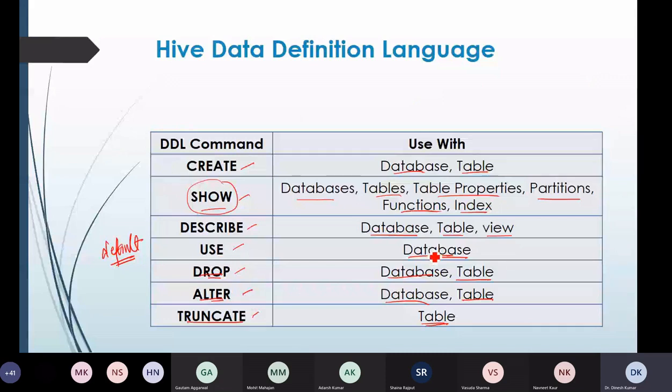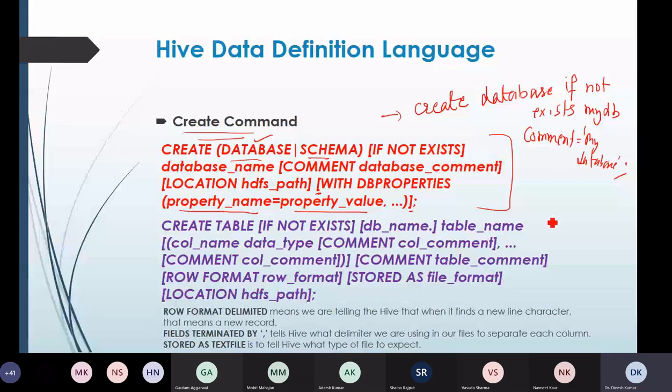If you don't write the use database command before creating this table, we can also put it like this. We can write mydb dot table, so it will create this table in this database. This is an optional part, but if you are already in the database, then there is no need of writing this part. Right, so create table, table name, then we specify column name and data type.